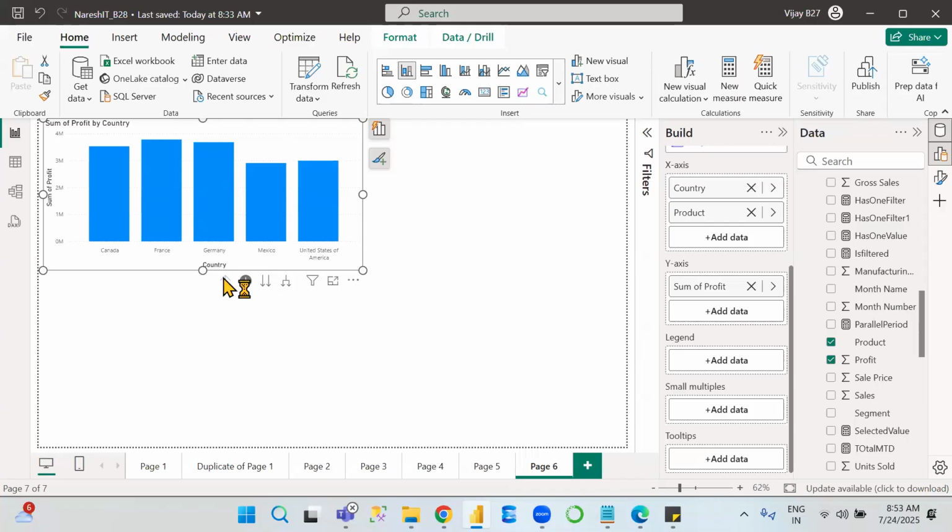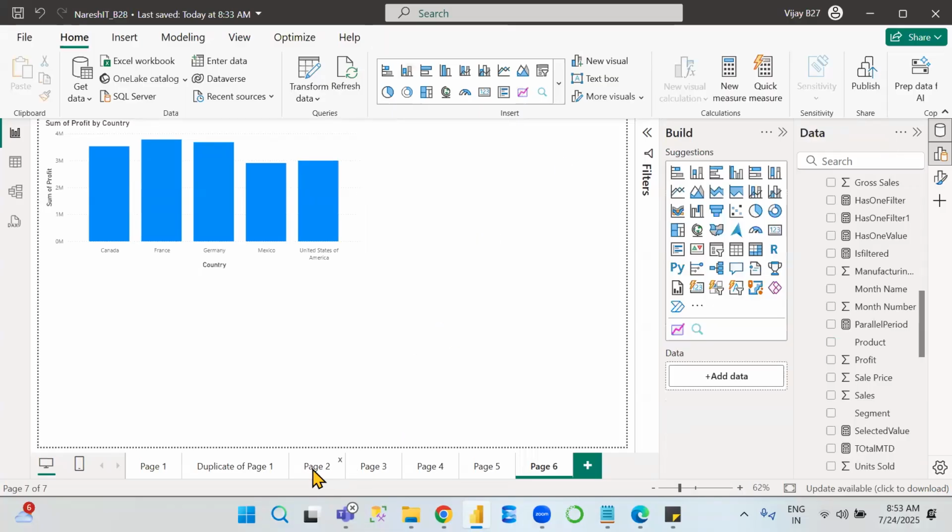Let's see how it will work and everything. Okay. Now, suppose for example,